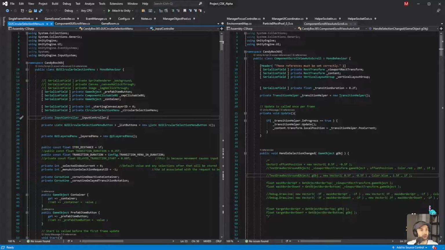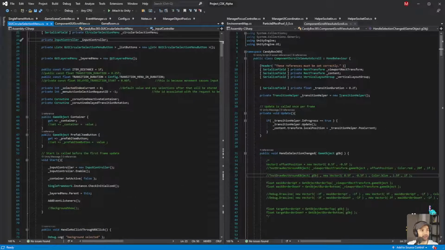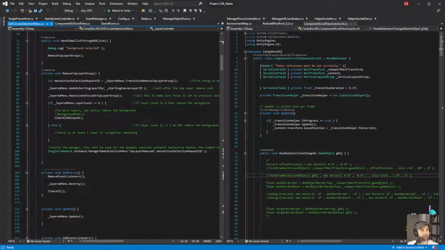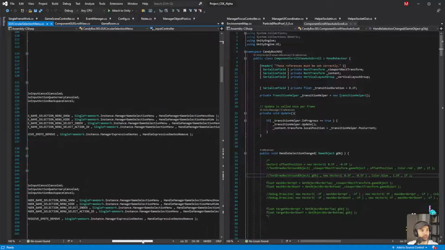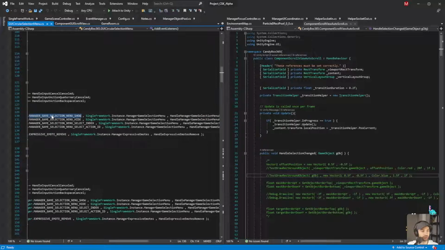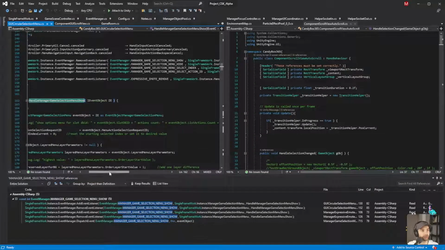Okay, so if we go to the script, it is the prefab, that's fine. Background selected, remove the top layer, add listener, show. So what we want is the show right here. We want show, and we want to see who calls it. So we'll get back to that in a sec, but let's just jump down here.